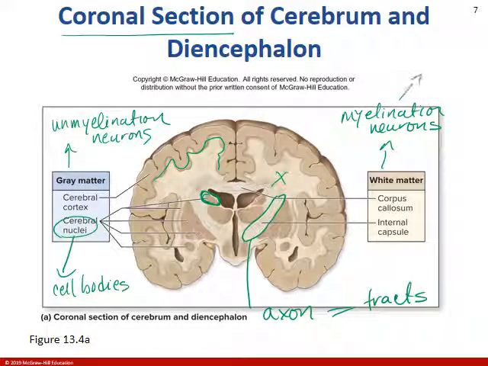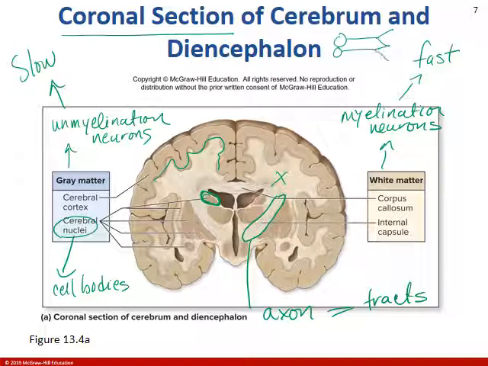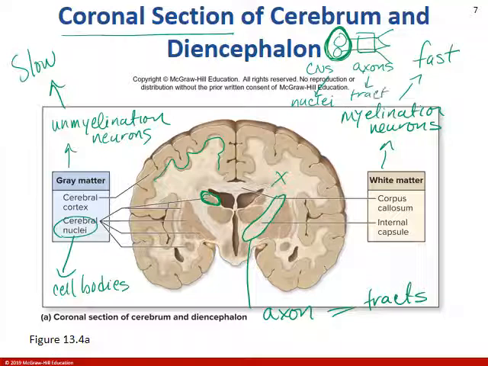So you should be thinking myelinated should be fast, unmyelinated should be slow messages. Another thing to think about, it's kind of hard. If I have, here's this soma, here's the axon, here's the synaptic knobs. If I'm in the central nervous system and I have a collection of cell bodies, I'm going to call that nuclei. If I have a collection of axons, I'm going to call that a track,